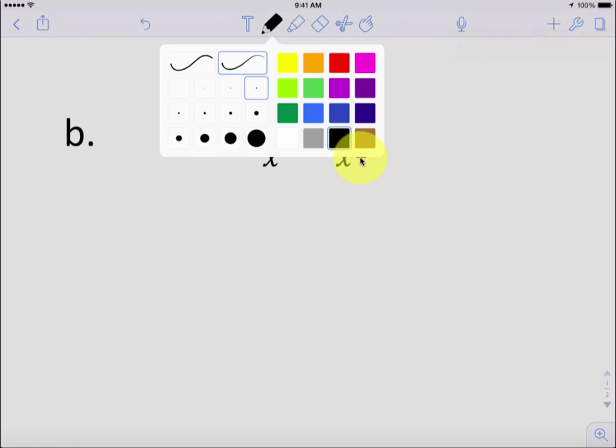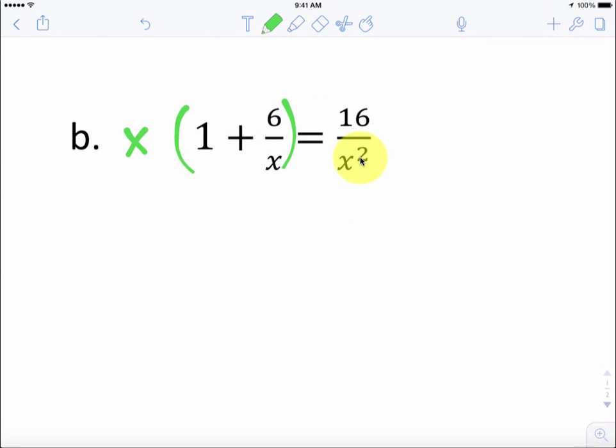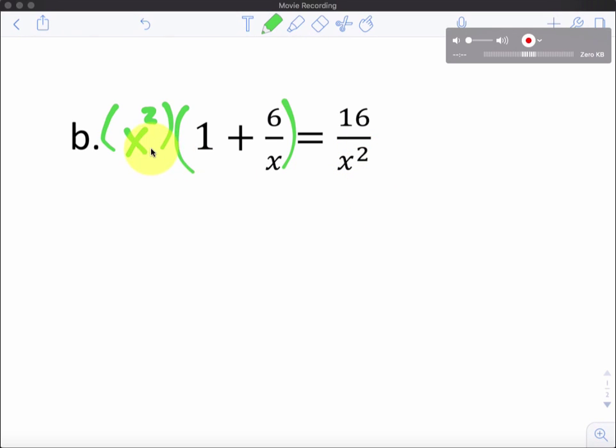So we're going to go ahead and multiply both sides of this equation by that least common denominator, x squared. And I hope you can intuitively see why when I multiply 1 by x squared, 6 over x by x squared,